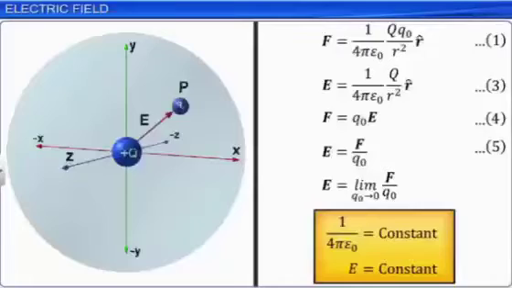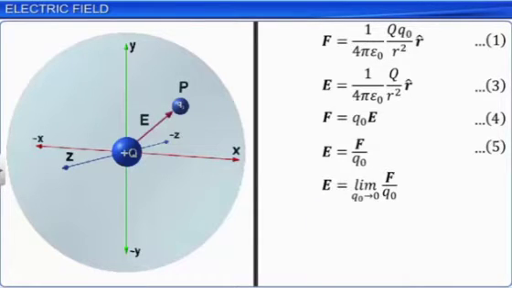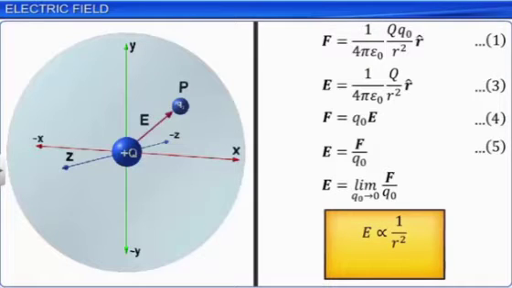as given by equation 3 will also be constant. Hence, the electric field strength E at any distance r from the source charge Q is independent of the test charge Q0. It varies with r cap and is inversely proportional to r square. The electric field at any point in the electric field is finite and is zero only when distance r is